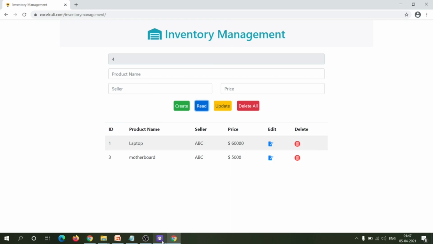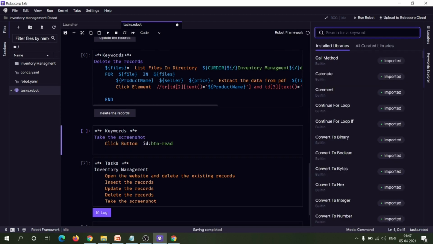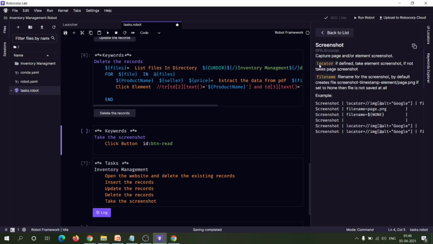For taking the screenshot of the records, you can use the screenshot keyword, which is coming under the rpa.browser library, where we have to pass the locator of the element for which we have to take the screenshot, and the file path where the screenshot details should be stored. So let me copy this.